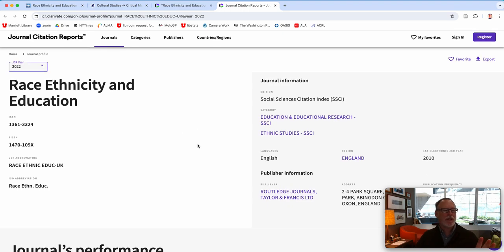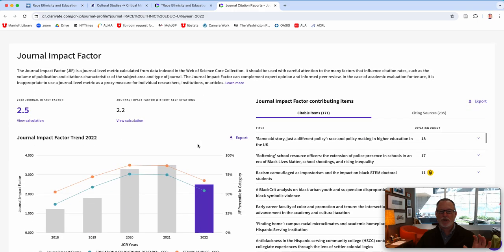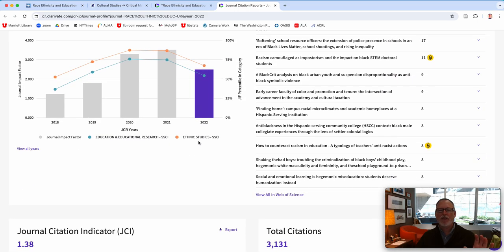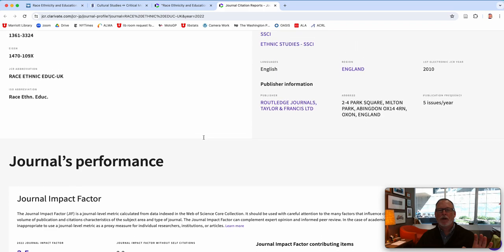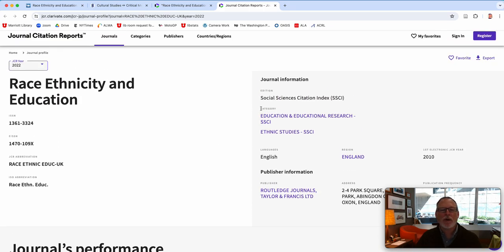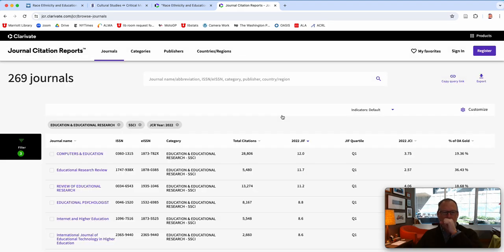So when you look at this, again, this is the journal's data. A lot of different things going on in here. But you can see under category, sometimes this will be called subject heading, you can see these different categories. In Scopus, they had it under sociology. And this one is strictly under education and educational research. So I would say cruise around and see what you can find. Each one of these categories has a set of journals. So if you click on this, you can see